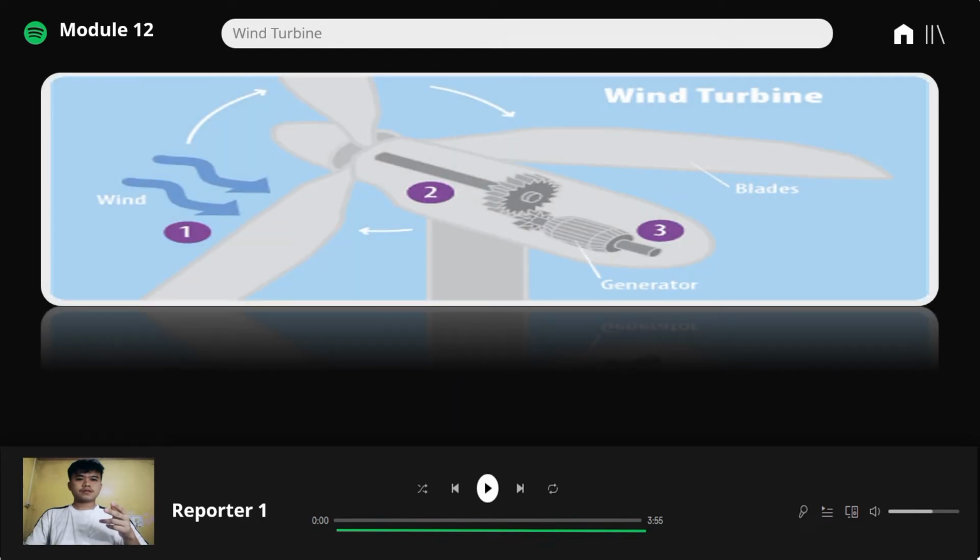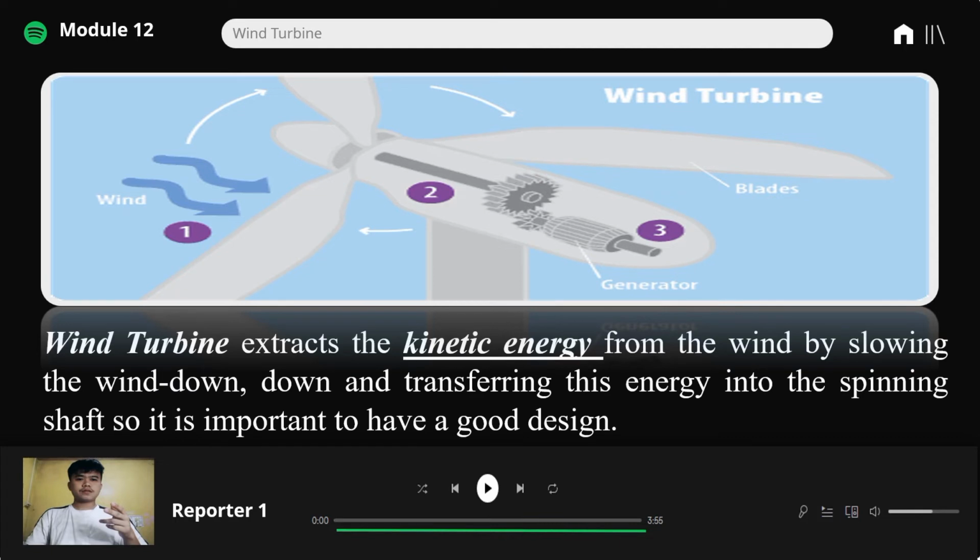Next is the wind turbine. A wind turbine extracts the kinetic energy from the wind by slowing the wind down and transferring this energy into the spinning shaft, so it is important to have a good design. The power in the wind that is available for harvesting depends on both the wind speed and the area that is swept by the rotating turbine blades. So the faster the wind speed or the larger the rotor blades, the more energy can be extracted from the